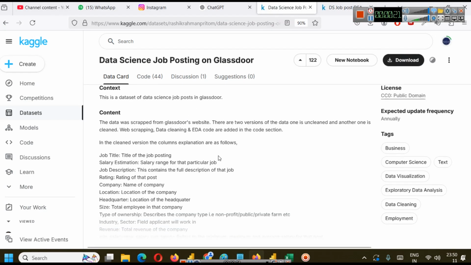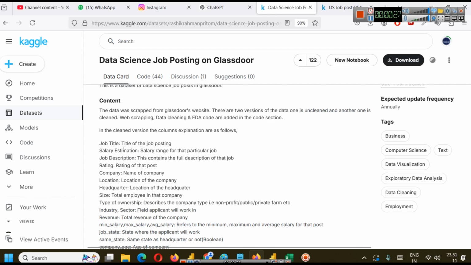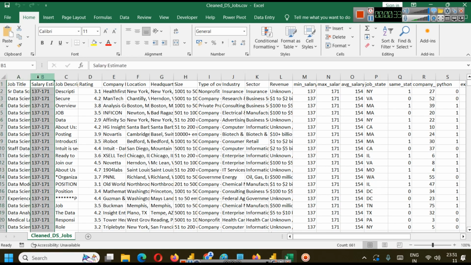And in the clean version, the column explanations are: job title, the title of the job posting; salary estimation, the salary range for that particular job, in thousands; job description; rating of that job; company which posted the job; location of job; headquarters; size of company; type of ownership of company; industry of company or industry of job; sector, like insurance sector, business service; revenue of company if it is known, otherwise unknown; minimum salary, maximum